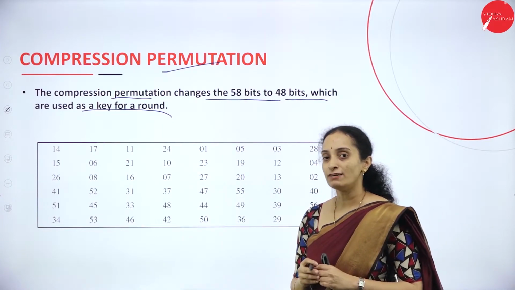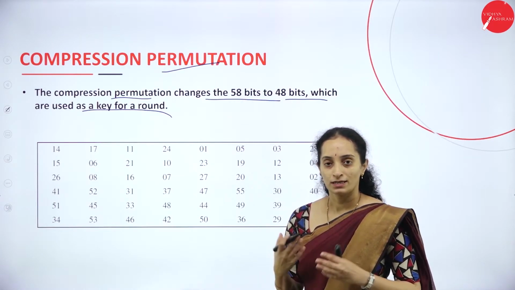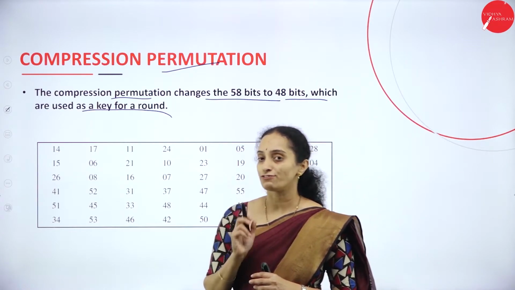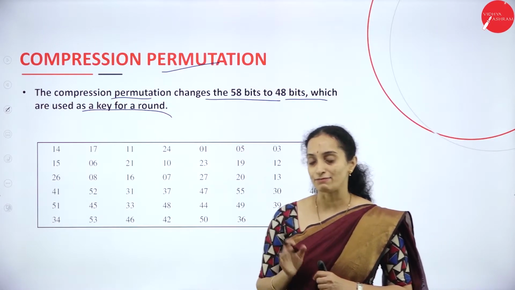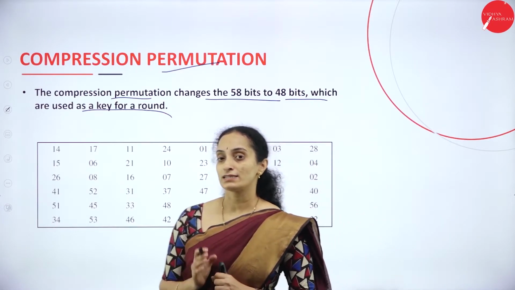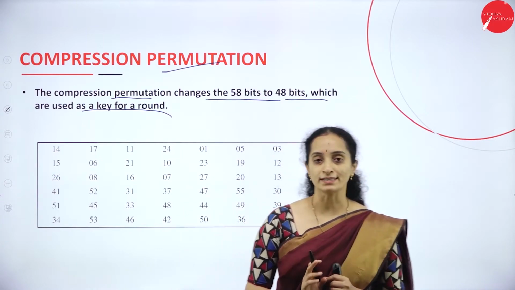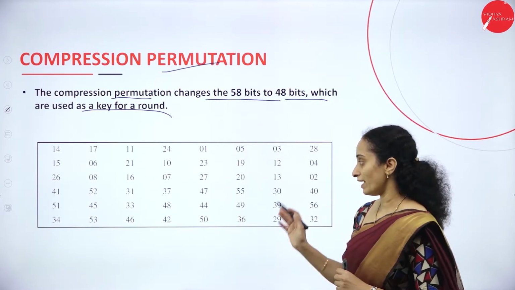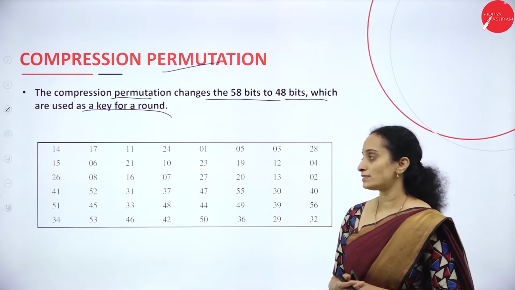The permutation will be random for each round, because each 48-bit round key will have a different combination of the bits. The key will not be the same. For each round, the key will be different. That means permutation will happen in a different way for each of the 16 Feistel rounds.